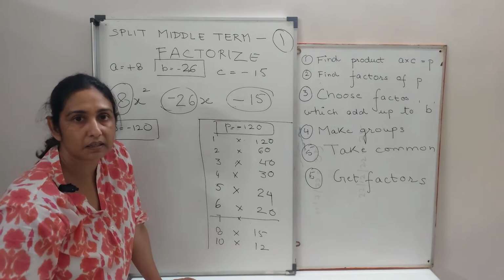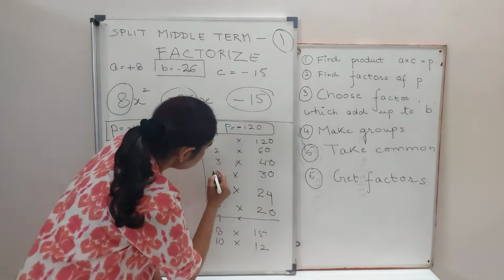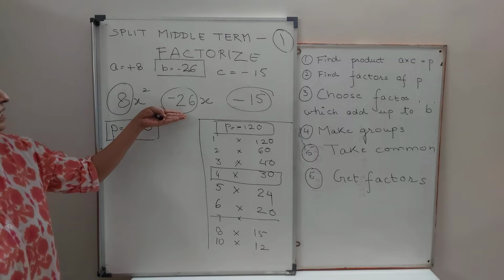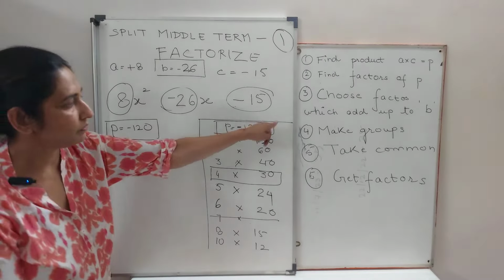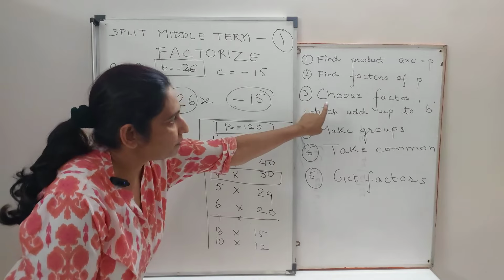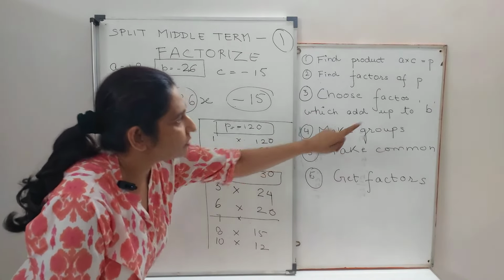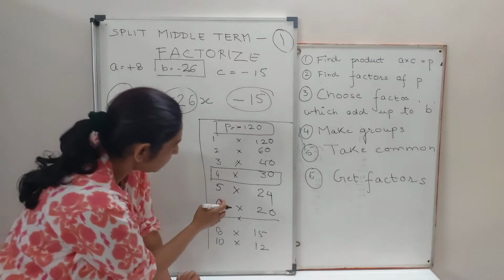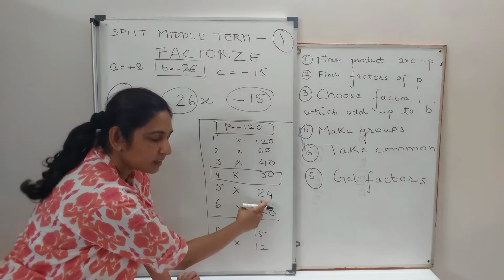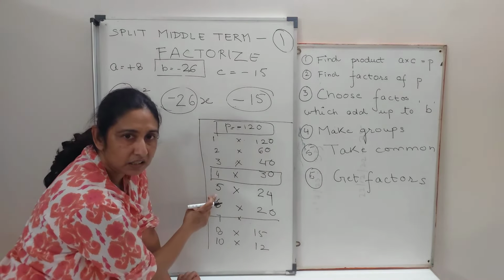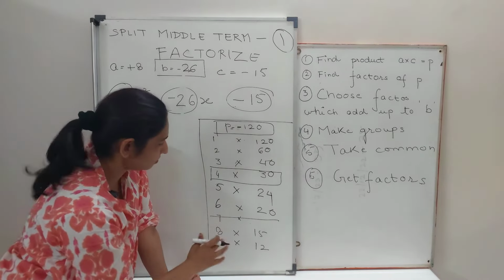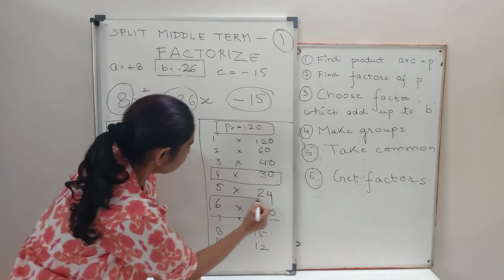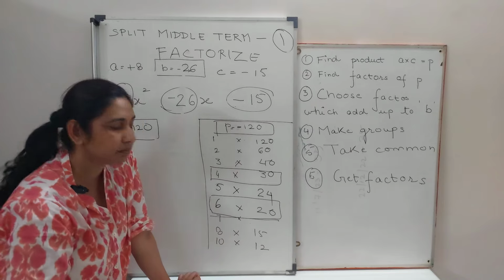So at least the number is there. The moment you get it, remove all this, focus on this pair. This is the important pair which we need for b. So what we have done now is this third step: choose the factors which can give you b. b was 26. Let's check ahead. 5 and 24 can give you 29 on addition, subtraction 19. 26 now. You can get 26 from here also. So we should choose this also.